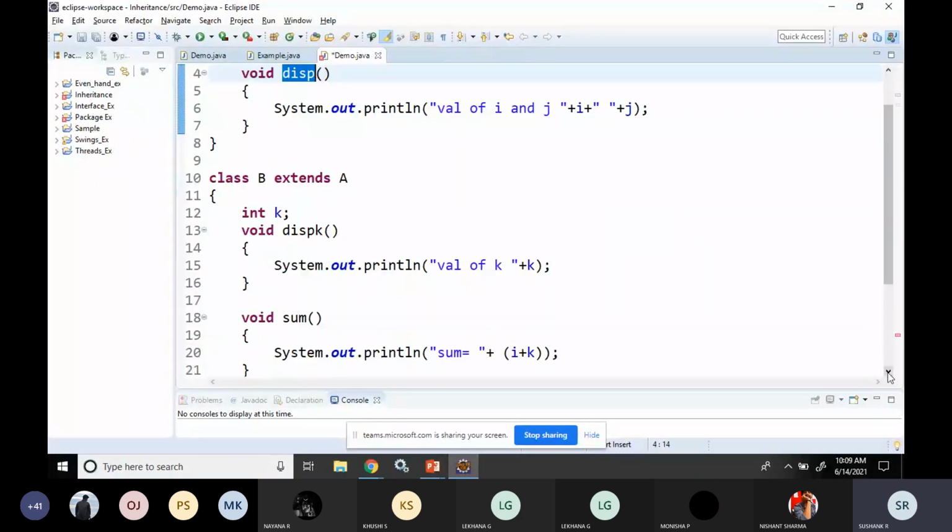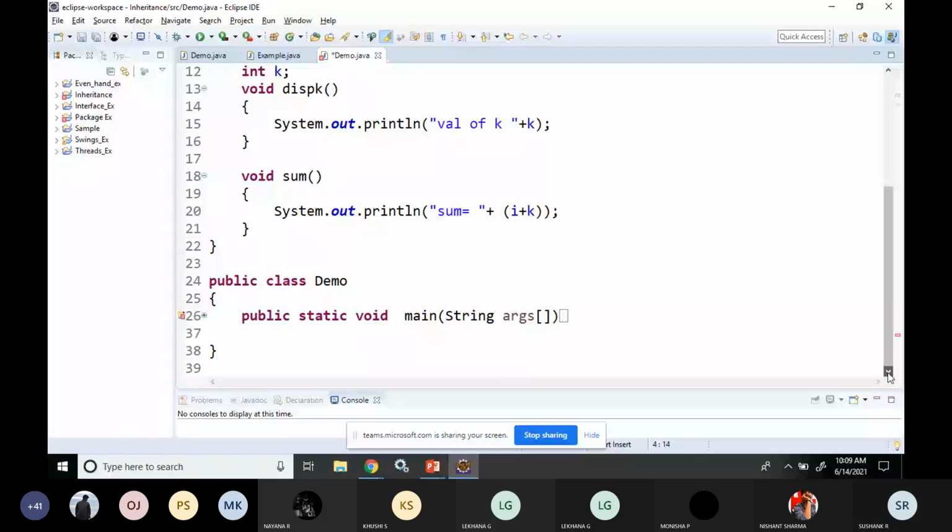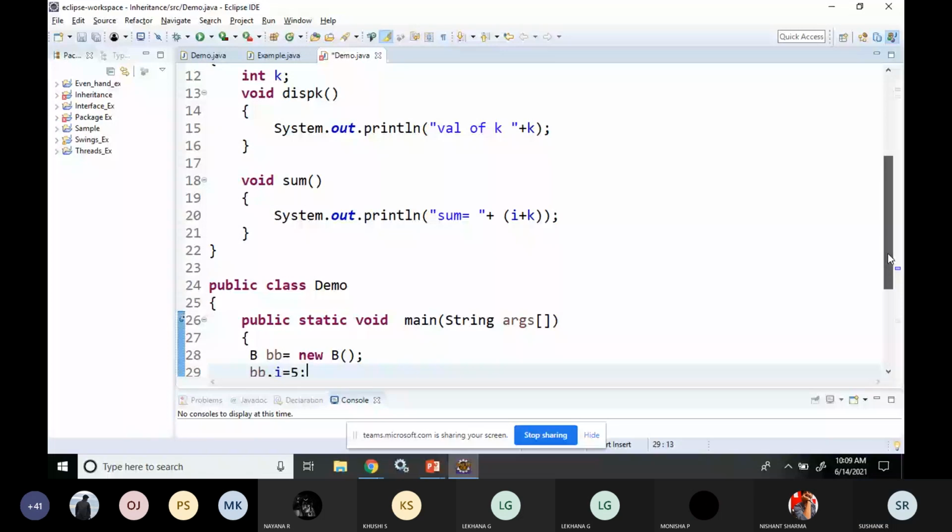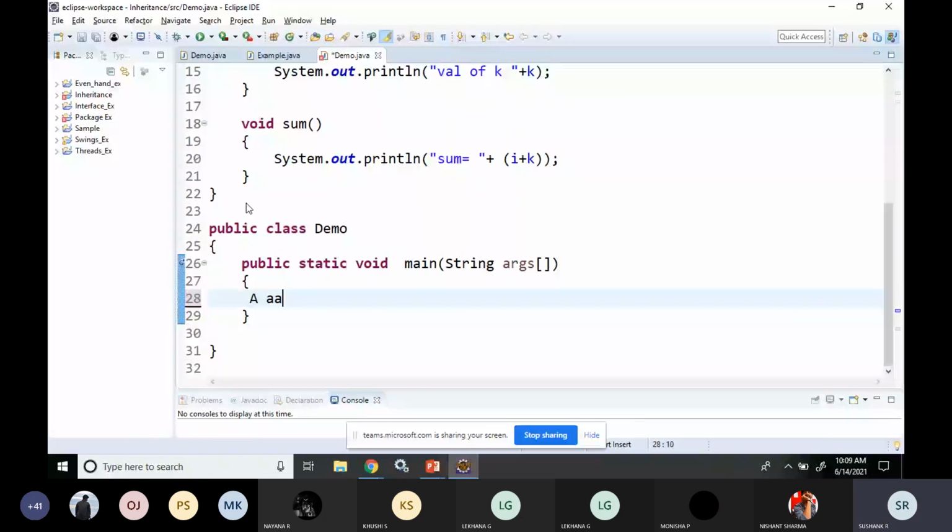For example, if I create the object of A, I'll write it as AOB, so that will be better.